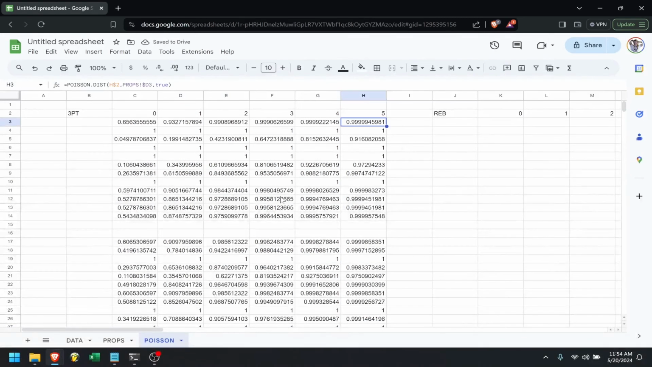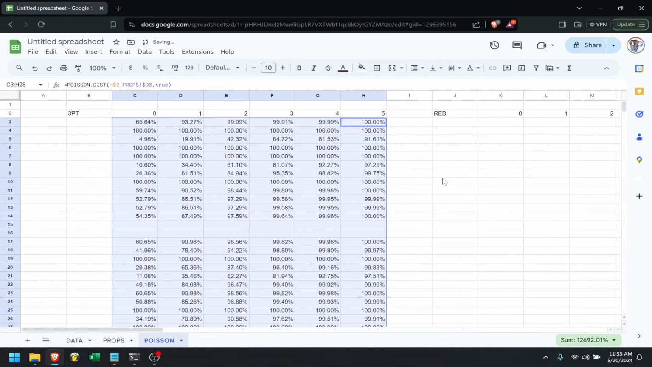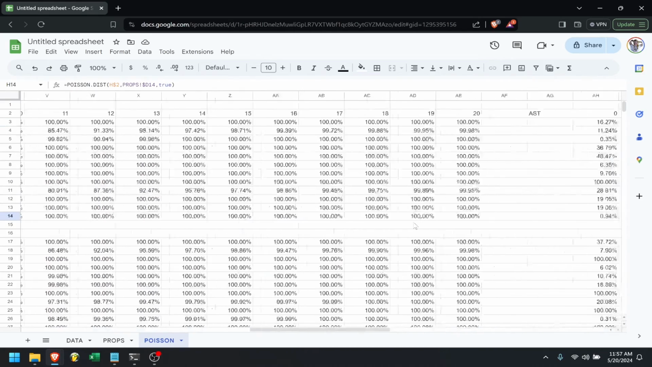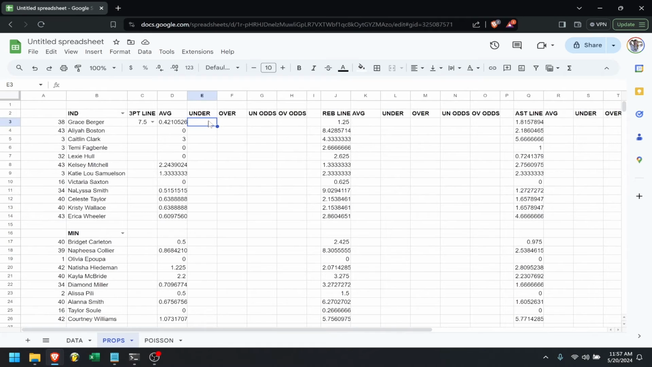And then we could also select all these real quick, turn them into percents. Beautiful. And we want to do the same thing for rebounds. I'm not going to make you sit through all of that. I'll just check back with you when I'm done. Alrighty, and we're done. So now, to calculate the chance of going under, we're going to use nested if statements